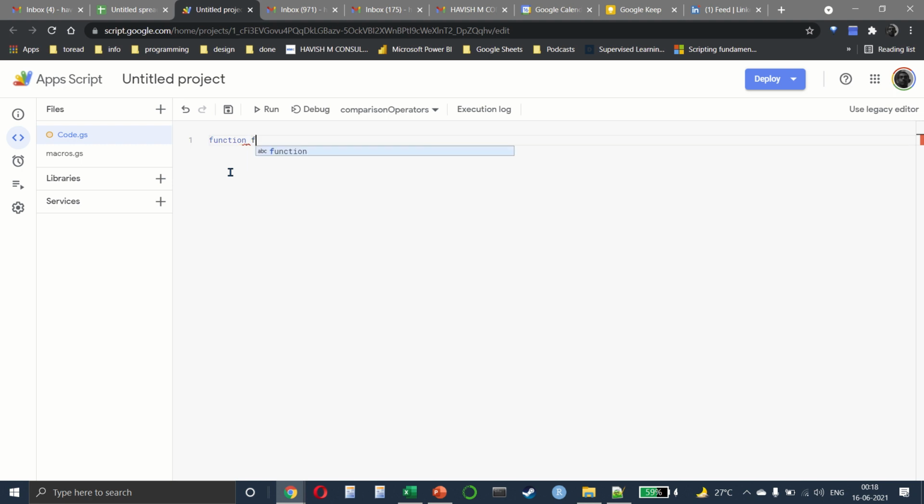As a function, and I'm just going to call this, let's just say function name, then we can have multiple arguments in it. For example, I can have argument 1, argument 2, and argument 3. What this means is that this is the code which will be executed when the function is called, or we can call it invoke. So when we are invoking or calling the function, the 3 arguments are available so that I can do some